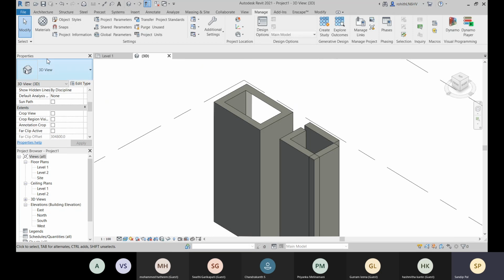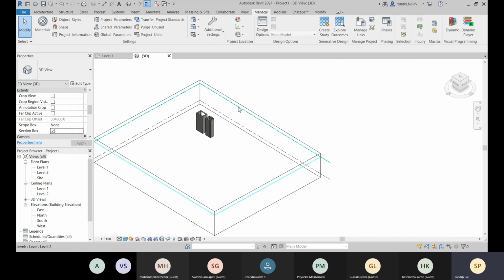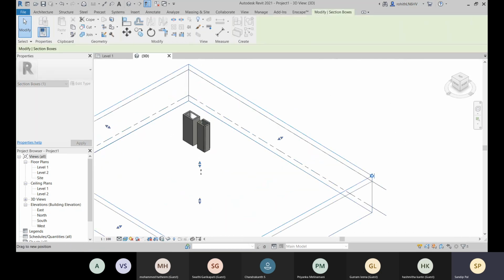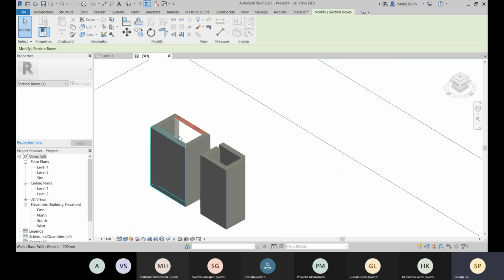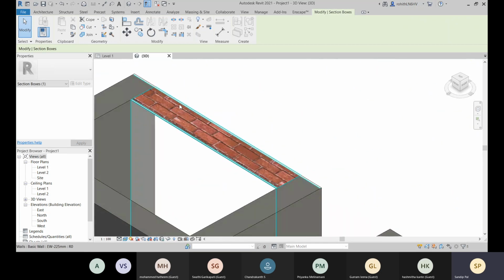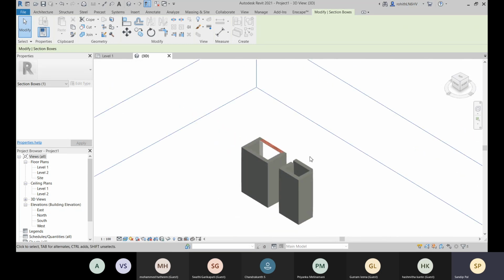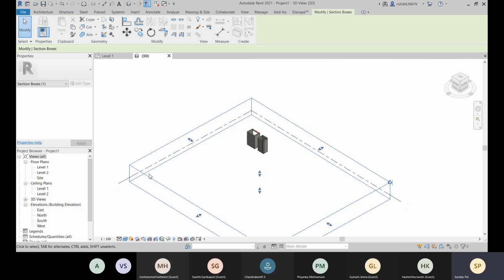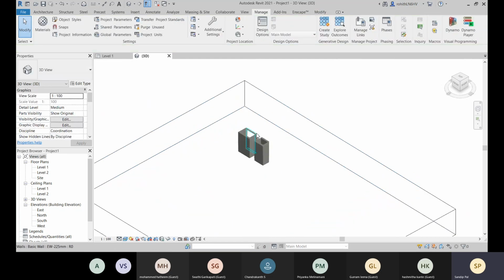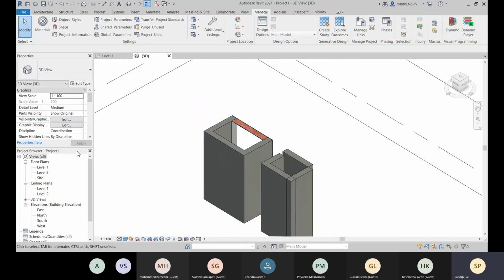We also have one section box. Within the properties of this 3D view, you have this section box. You can check this section box, and you want to cut. Here you will see this is the core layer right now. Why was I not getting this in the normal view?